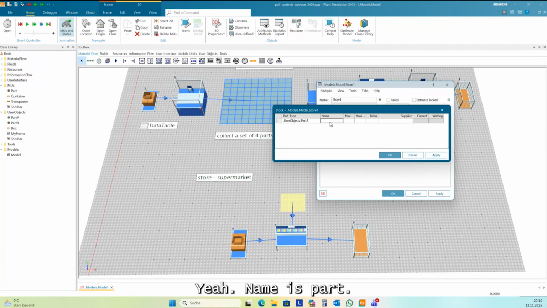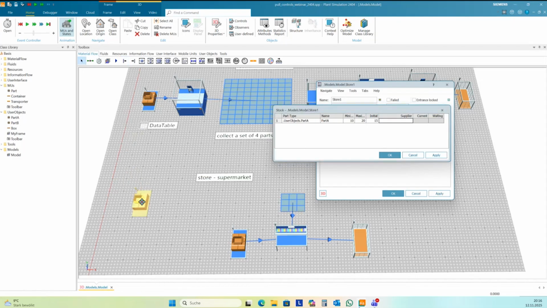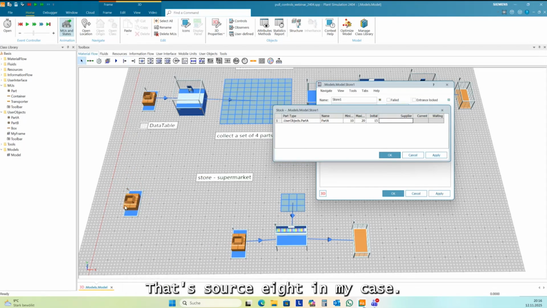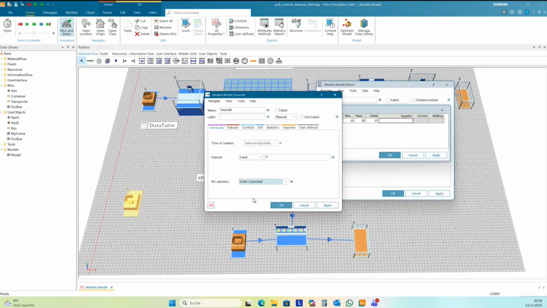Okay, it's part E. Name is part E. Minimum stock is maybe 10. Maximum stock is 20. And we can start with 15, for instance, and we need to define a supplier. And here I want to have a source. It's source 8 in my case. And this source can have a special MU selection, order controlled.